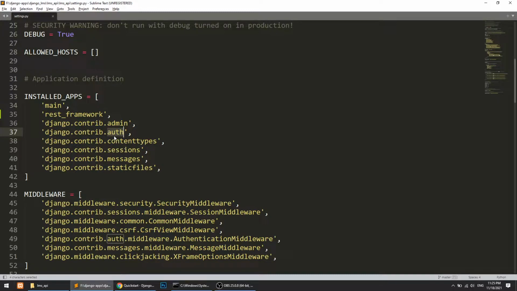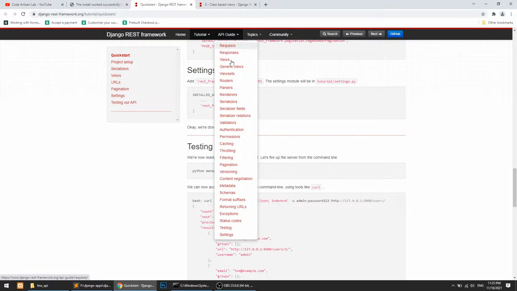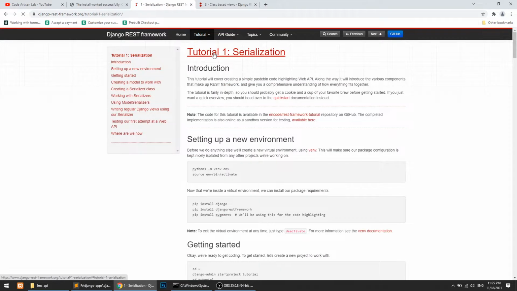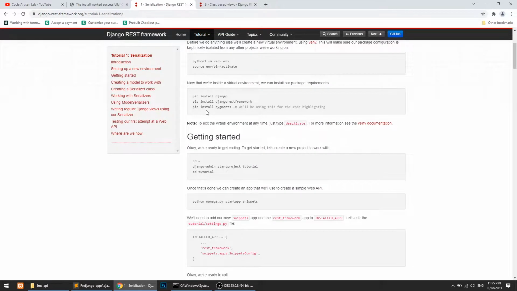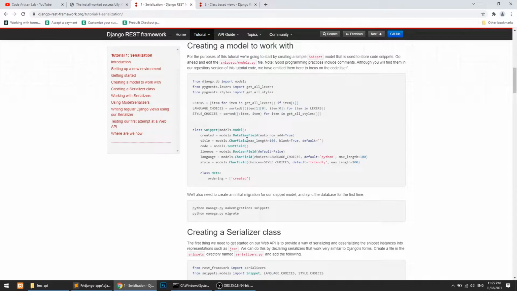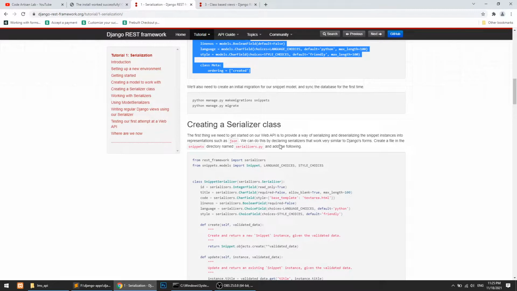We need to create the serializer according to our models. Let's define the serializer, and I will follow the documentation. The first thing is serialization. Here they say that after creating the model, create a serializer class.